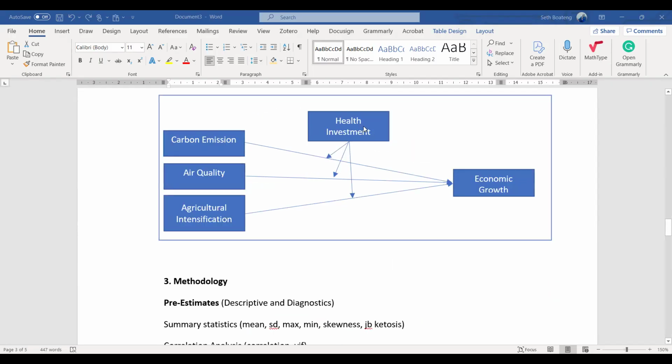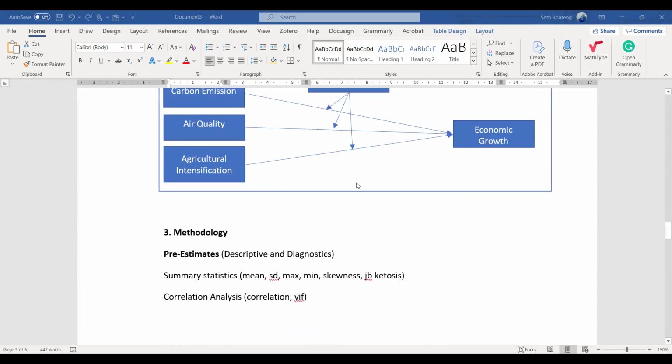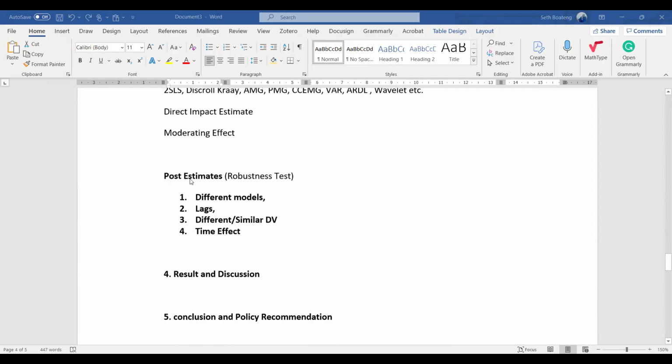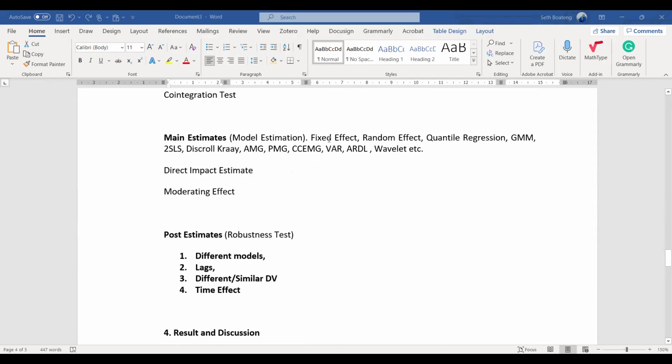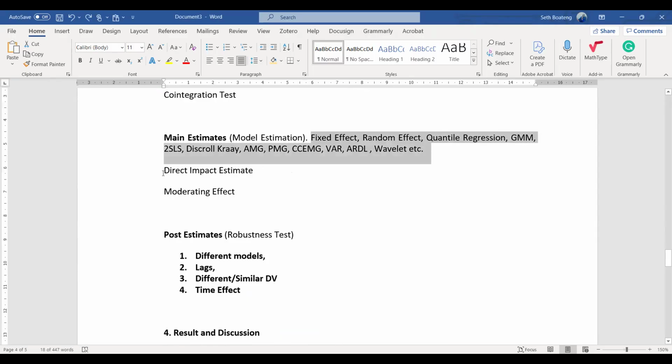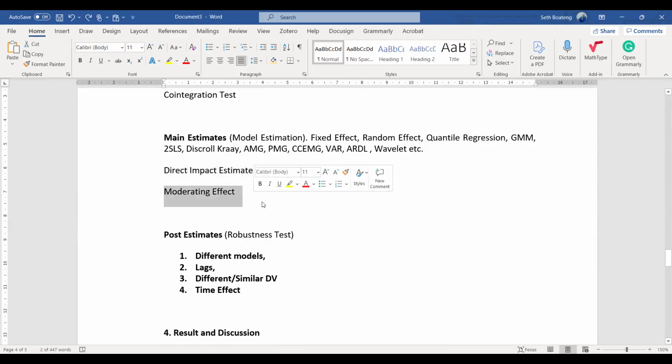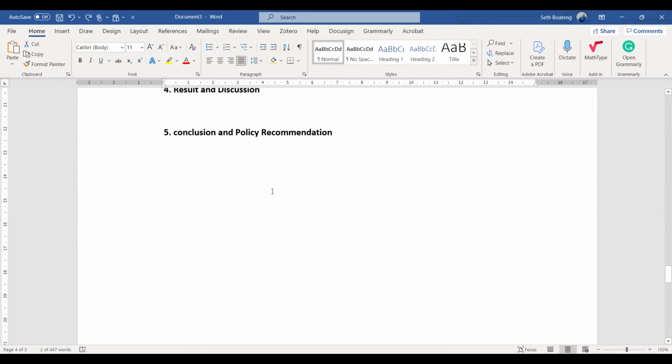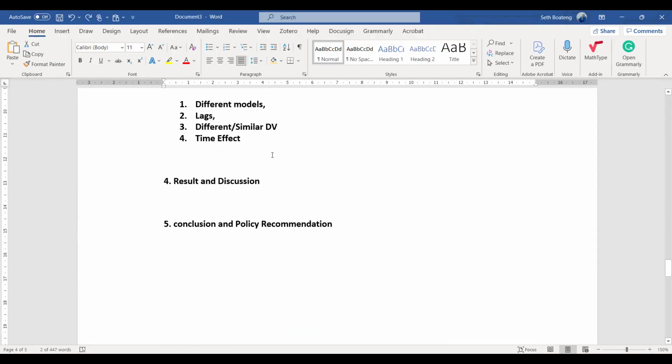So here, the health investment is being treated as a mediator. So like I said, the model that you pick, you will use the model to estimate the direct impact without the moderator. Then you estimate the impact again with the moderator. So you estimate 2. Then the time effect, you pick a particular time.